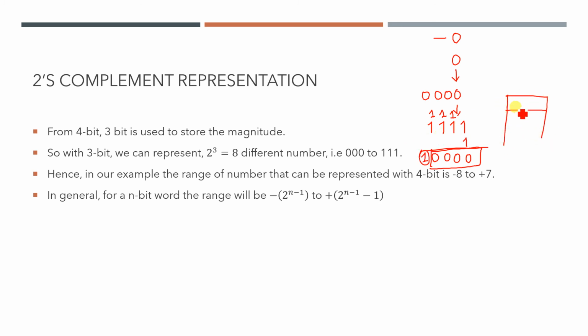So your memory word size is 4-bit, and in these 4 bits you can represent only 4 bits of information. By doing this addition with 1, the 1 that comes out as carry will be discarded. So 0 0 0 0 will be represented in your memory. That's why for negative 0 you also get 0 0 0 0, and for positive 0 you will also get 0 0 0 0. That means there will be no distinction between plus 0 and minus 0.